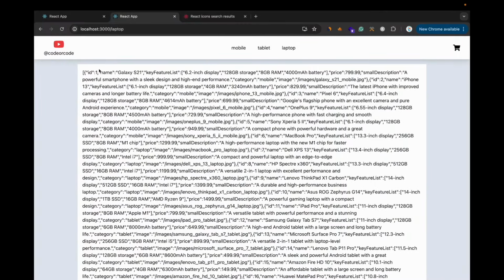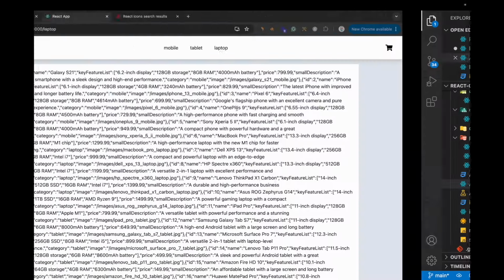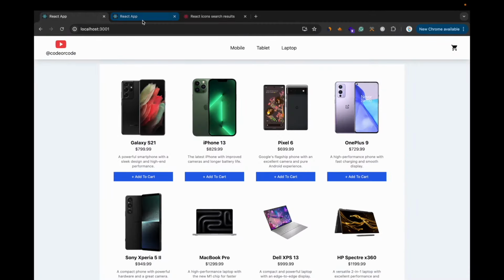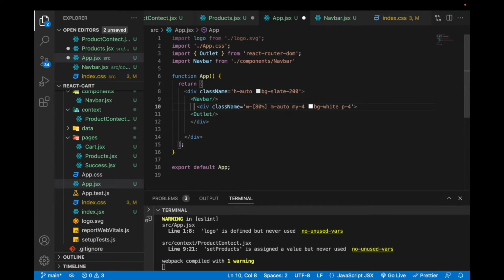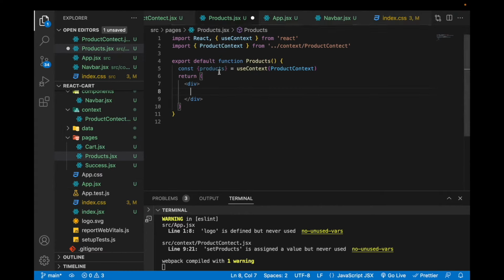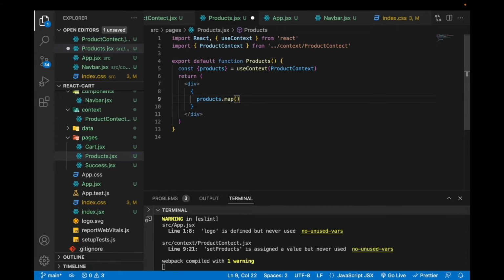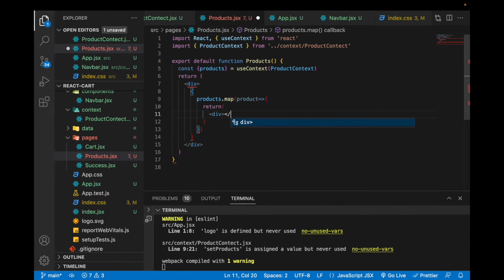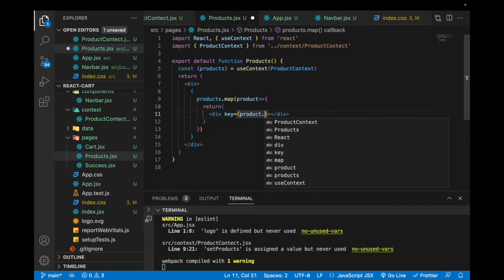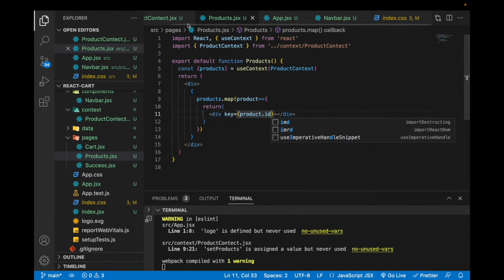Okay, so now we are going to load the product here, in this grid view. For that, let's go to this product, and here products.map, then product, it will return a div. The key should be product.id. Let's close all the tabs,